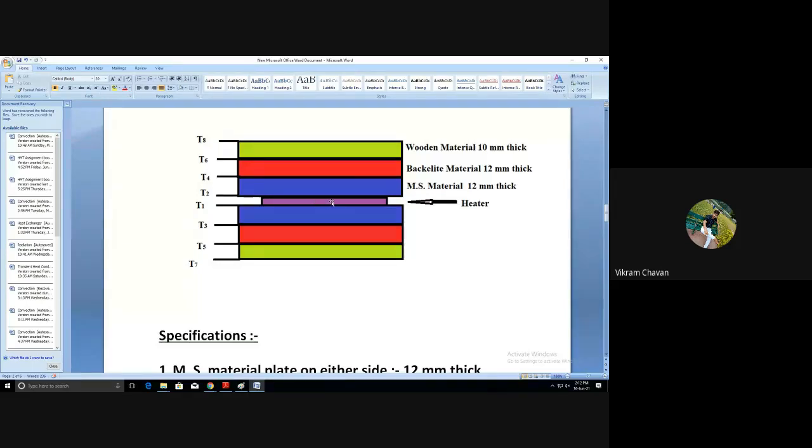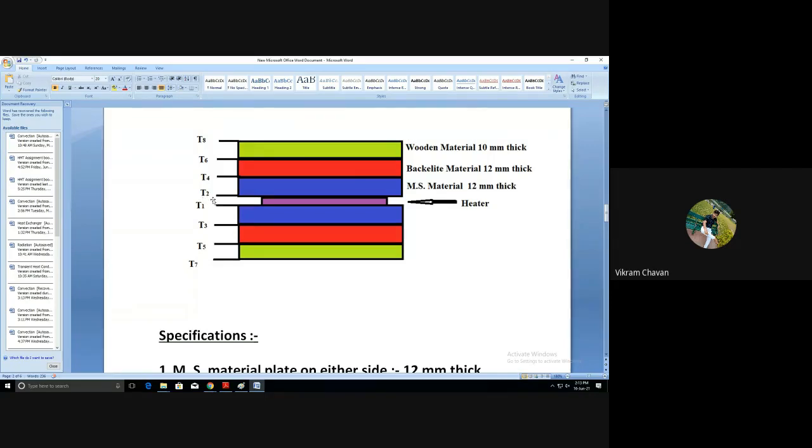So after the aluminum plate in the downward direction, we have placed the first thermocouple, whose nomenclature is T1. In similar fashion, the T2 thermocouple is placed above the heater. Above the heater, all the thermocouples are placed centrally, that is the main important point. After the aluminum plate above the heater, one thermocouple is placed, and its nomenclature is T2.